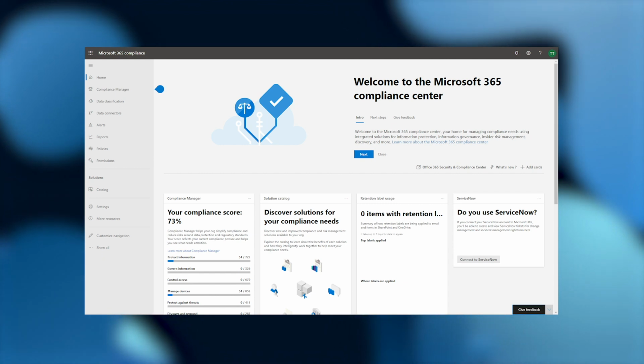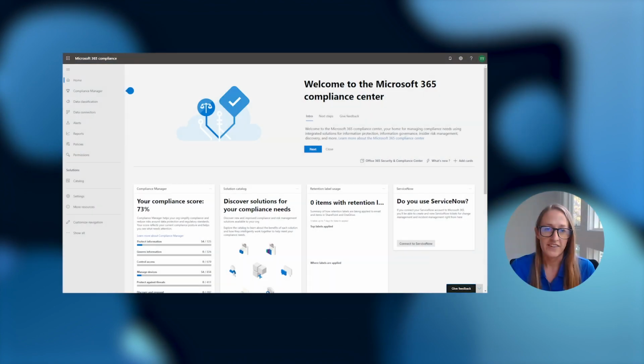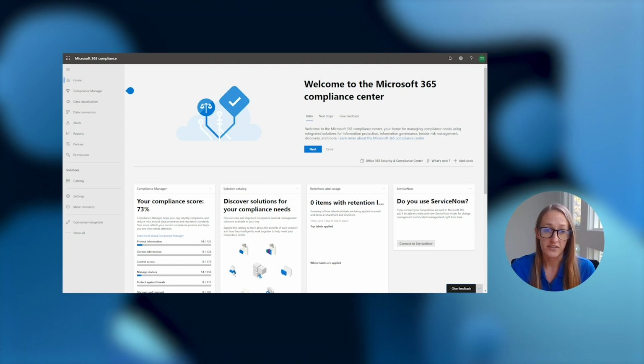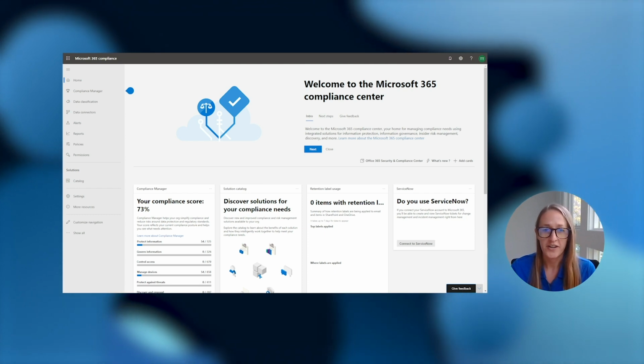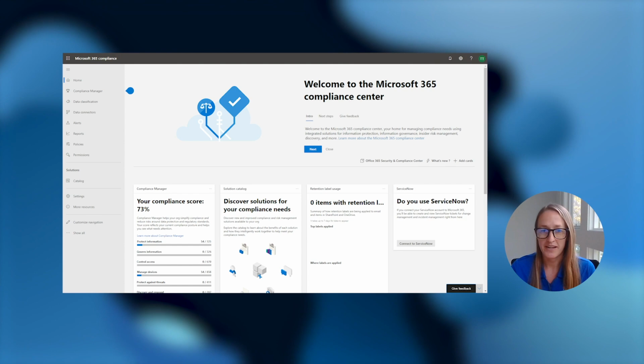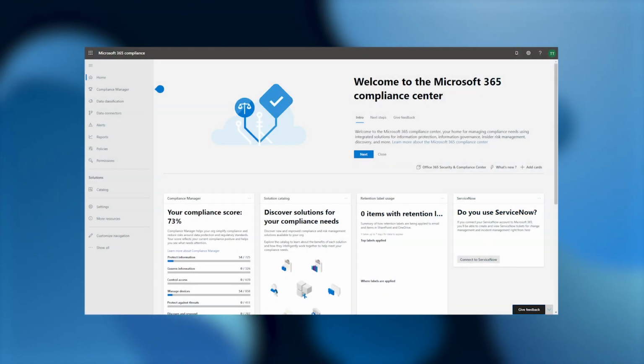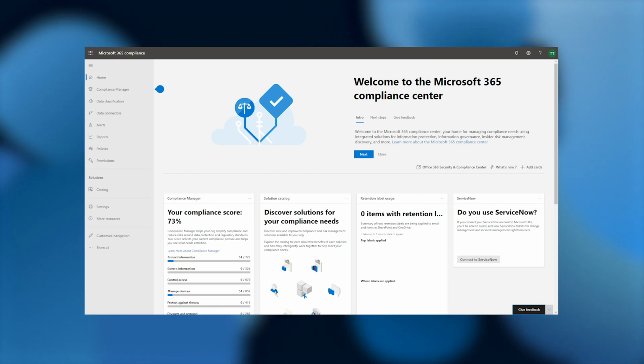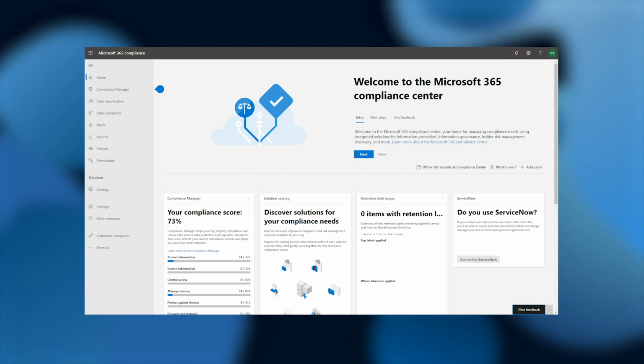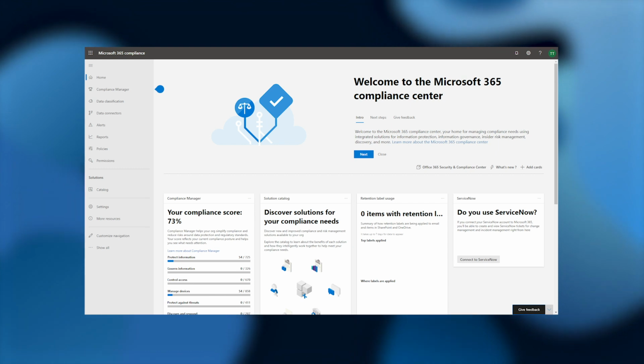Compliance Manager sits within the Microsoft 365 Compliance Center, which is a specialized workplace for compliance, privacy, risk, and legal professionals. Here on the left-hand tab, you'll find Compliance Manager. You can also access the solution through the Compliance Manager card, which summarizes your tenant's compliance score performance. Today, I'll walk you through the basic features so that you understand how the solution helps manage compliance by recommending actions you can take to comply with industry standards that matter most to your organization.